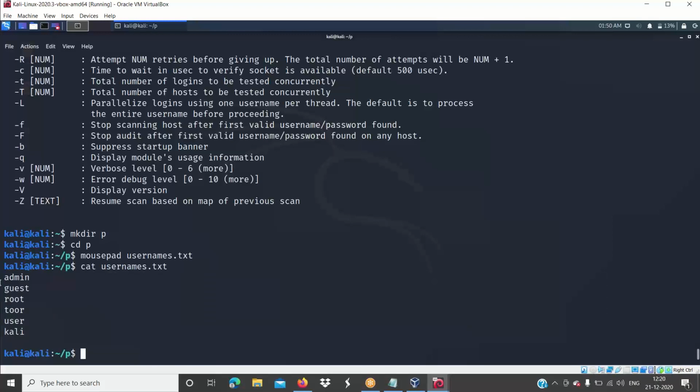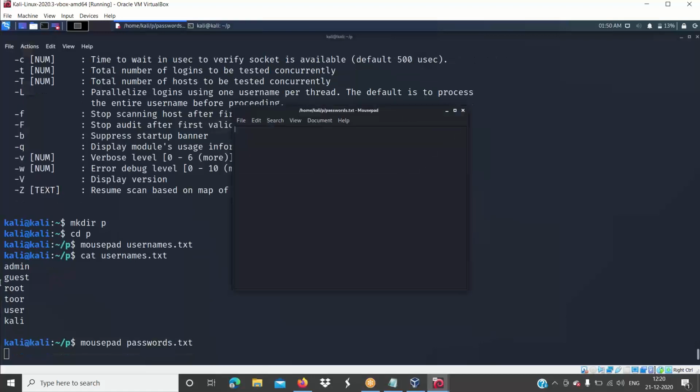Then similarly, you can create another one, which is passwords.txt, or you can use something else also. Okay, that could be also fine.